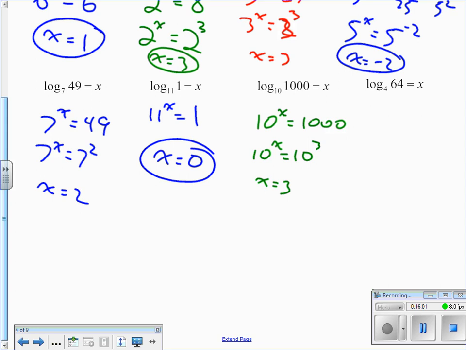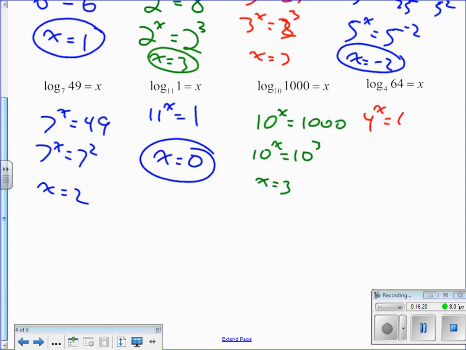What'd you get? 3. Because the log on your calculator is log base 10. If you did that for any of the rest of them, it wouldn't work. But it will for that one because it's log base 10. Okay, and then the last one on this page,